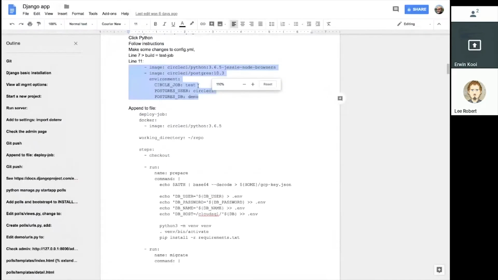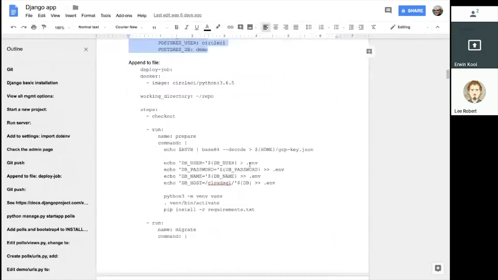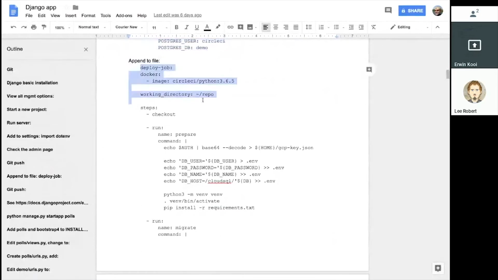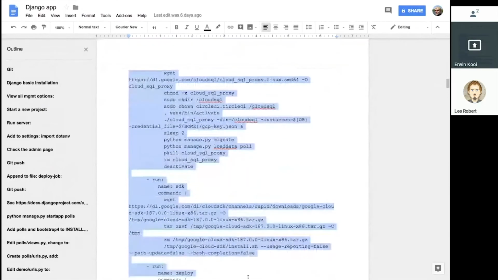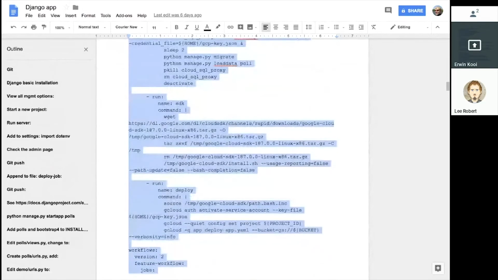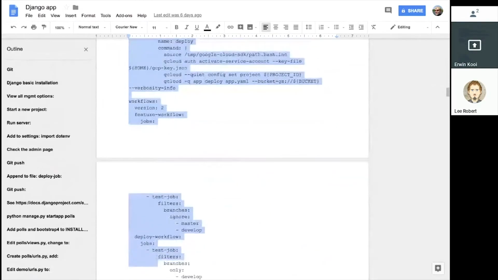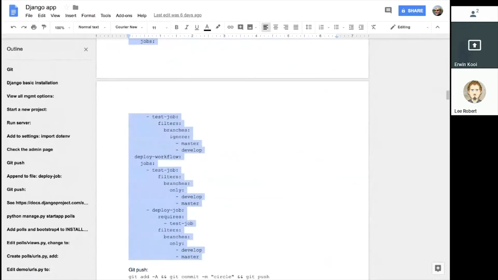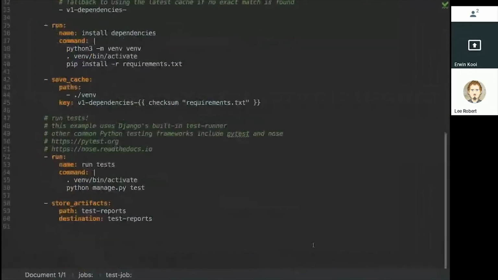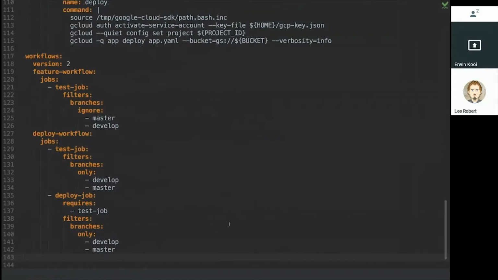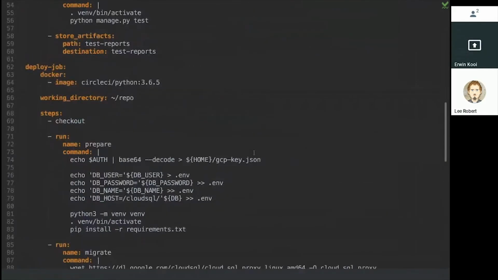I can make this a bit bigger too. All right, so out of the box, this configuration file comes with one job, which is the test job, but I'm also going to add a deploy job, and I've prepared this already at home, so we don't have to worry about all the details, but just to quickly go over it,